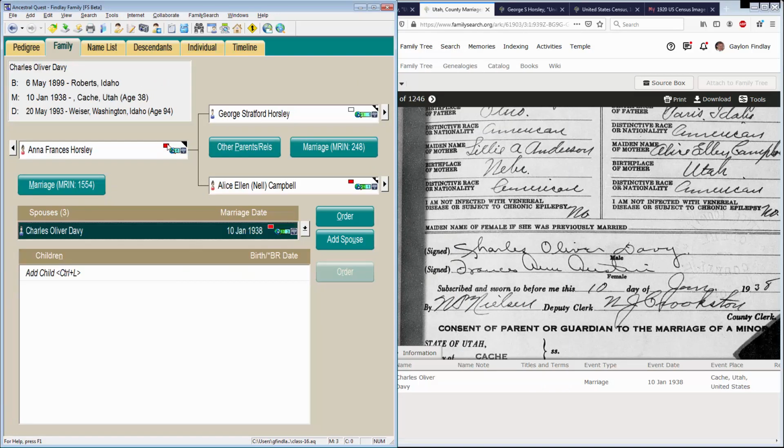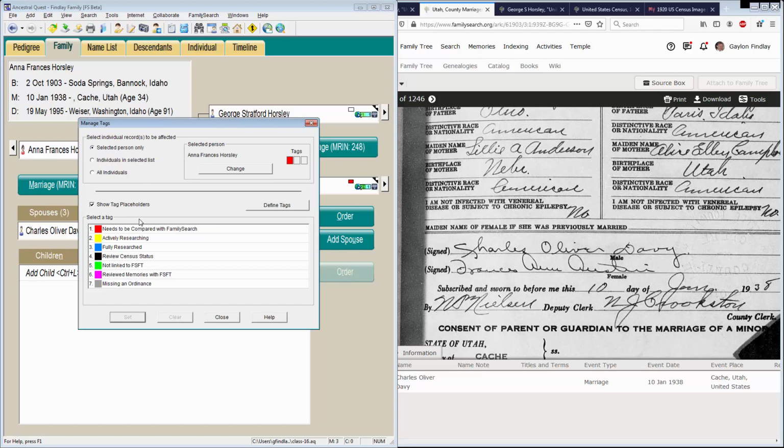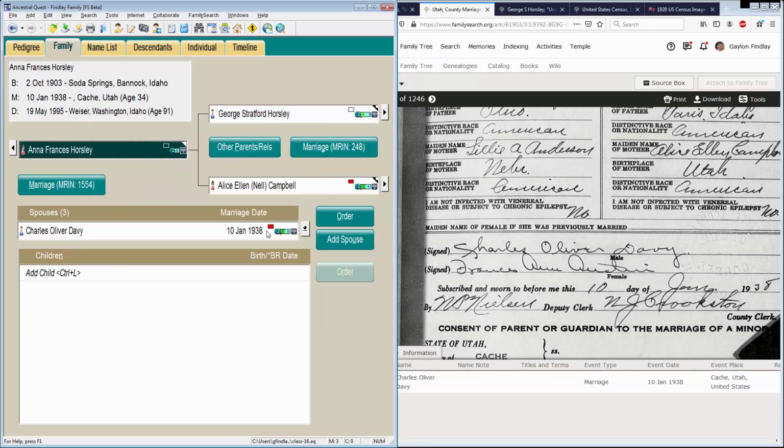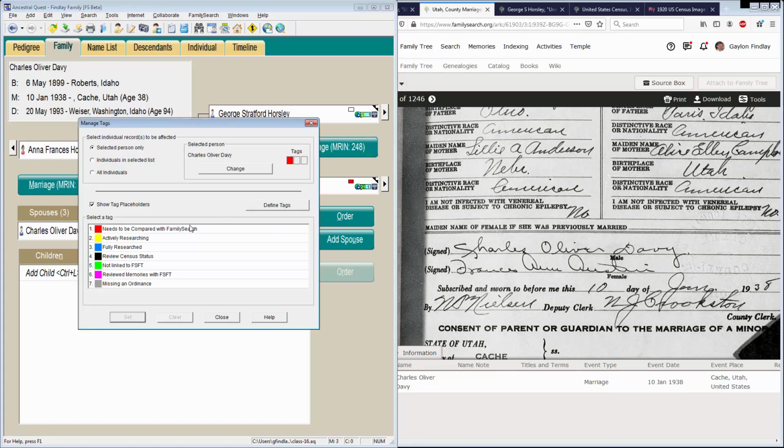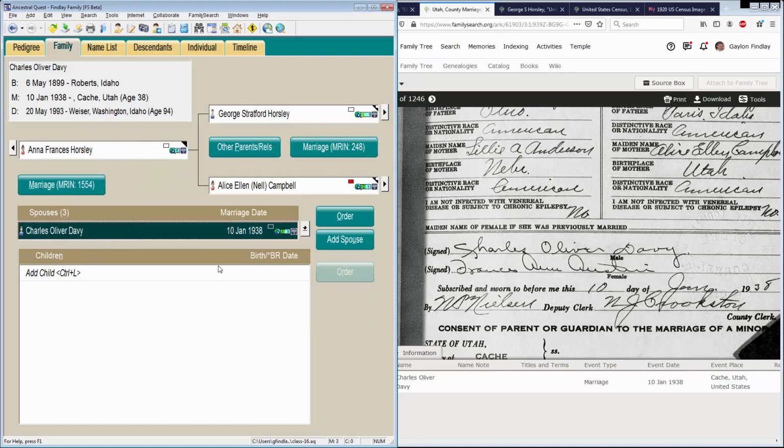I no longer want these tags to be set. I've now completely uploaded everything I have to FamilySearch, so let's remove these tags. I'll click on that, select the first tag and say I want to clear that tag from Anna, and do the same for Charles. Select that tag and clear it. We still have other people I need to eventually sync up with FamilySearch, but I've taken care of Anna